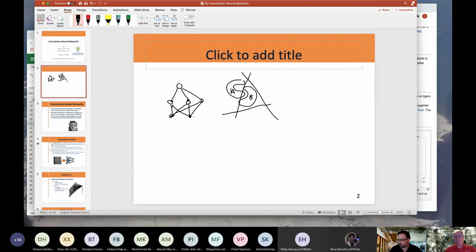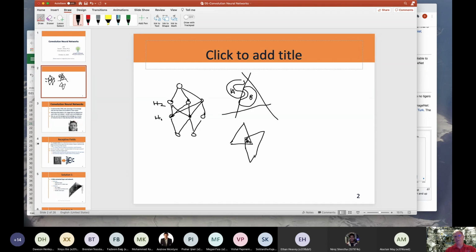Now, another thing that you can do is add yet another layer. So now we still have our two inputs, but those two inputs are coming into a first hidden layer, H1, and a second hidden layer, H2. And what you have now is the ability to create two little triangle areas like this, but one that's over top of another. And then this piece here can be etched out of it. So now you can have much more complex and convoluted discriminant boundaries, ones that have little concavities in them, and you can cut out little bits and shapes.